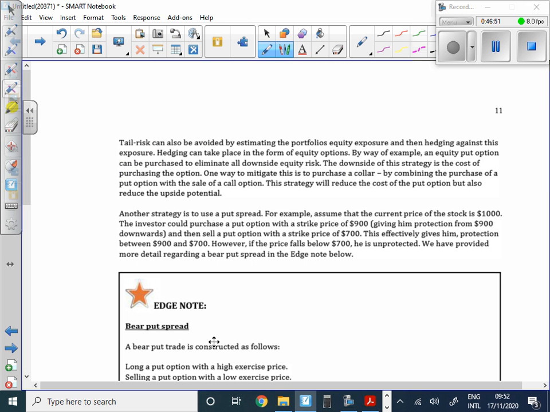At the top of page 11, other ways that you can avoid this is that you can look at the portfolio's equity exposure and then try and hedge against that particular exposure. And how would we hedge? We're going to see a lot more of hedging and risk management, of course, guys, in topic 4. But you can use things like equity options. We saw this in CAIA level 1. We'll see this again in topic 4. Remember, if you have a long position, a long asset position. In other words, let's say, for example, you own,